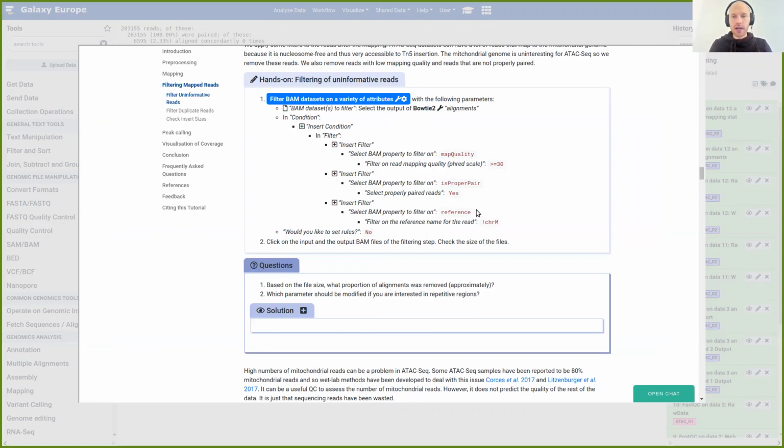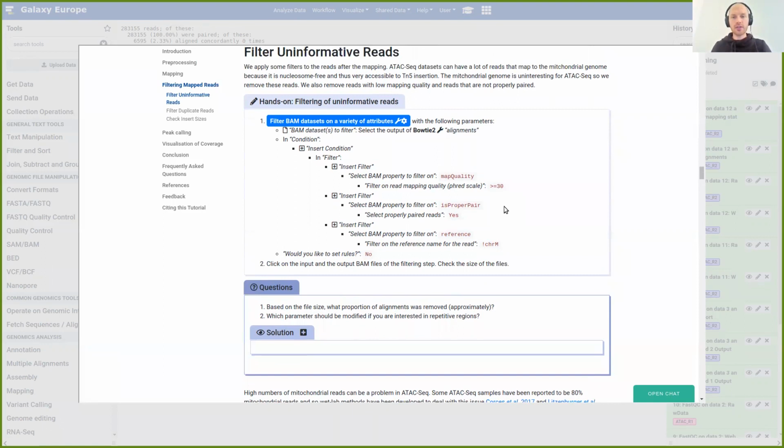And we want to filter out reads which map to the mitochondrial chromosome. Why? Because the mitochondrial chromosome is not that interesting to us. It has no nucleosomes, and so the Tn5, this transposase, inserts a lot of adapters in there, and therefore this chromosome is not of interest. So therefore we